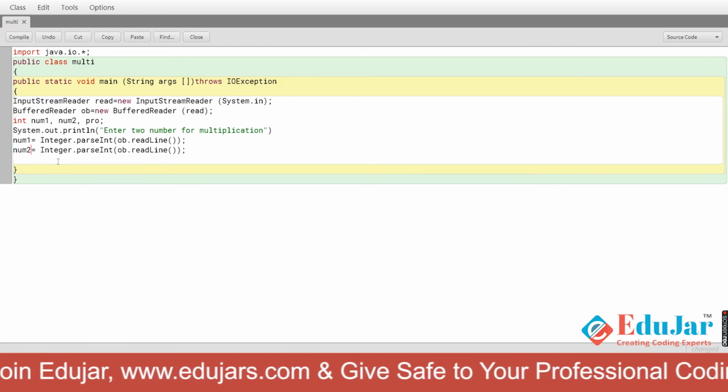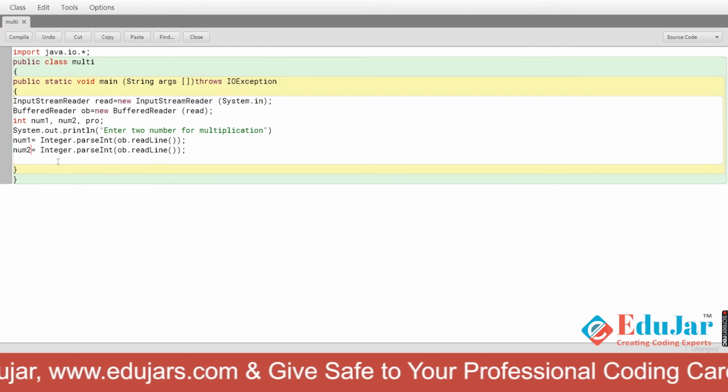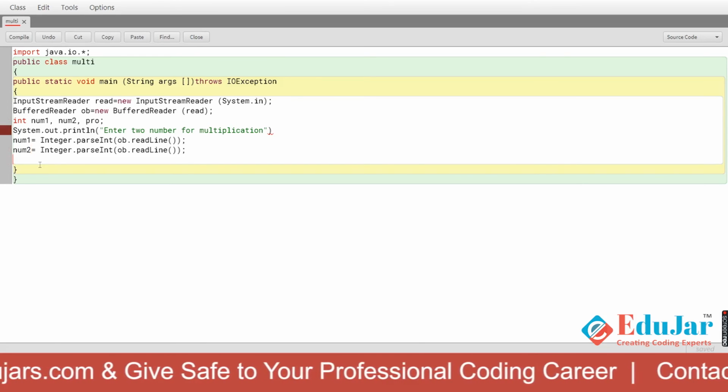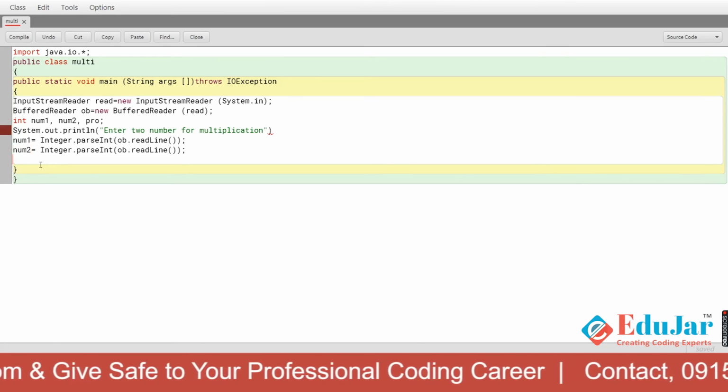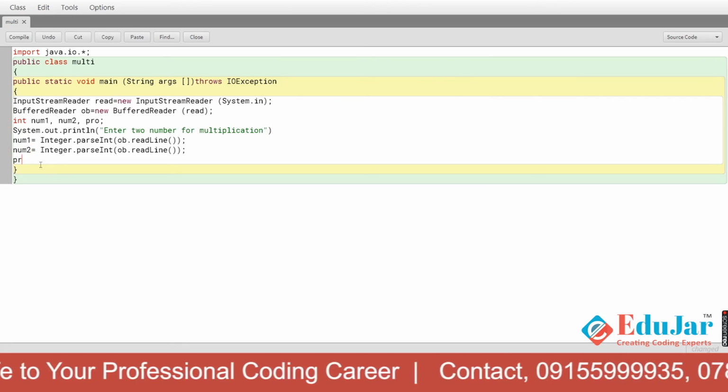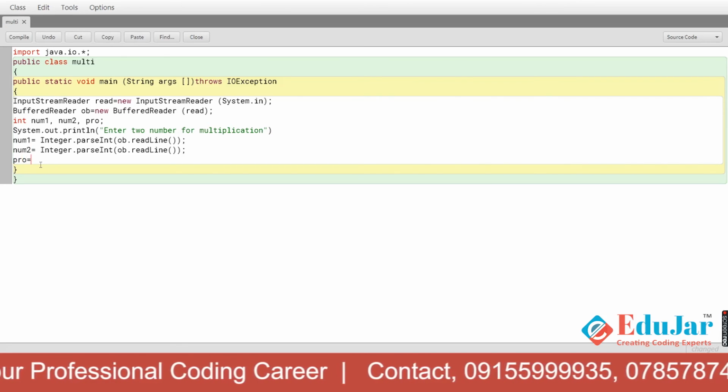Yes, so num1 and num2 will store two numbers, and now we will be doing the main operational part. We will multiply both num1 and num2, and store that in pro equal to num1 into num2.